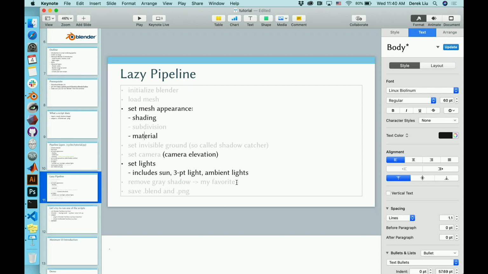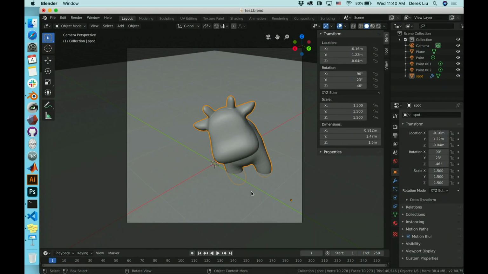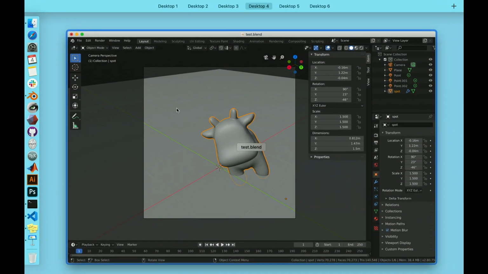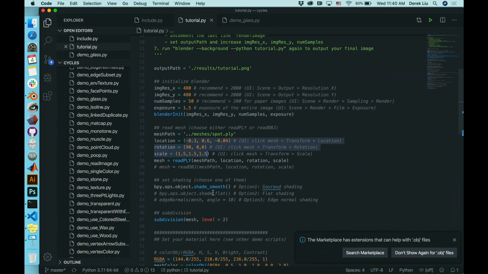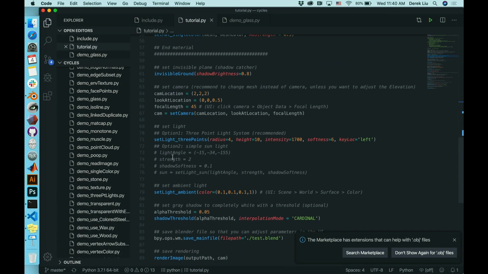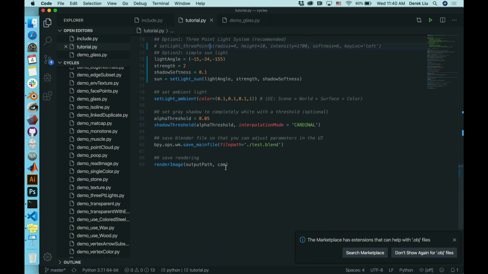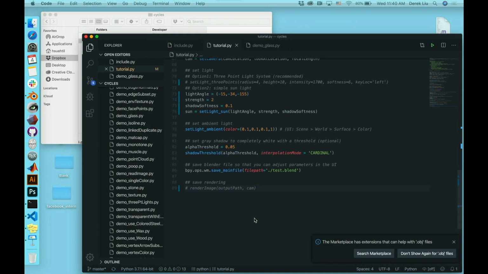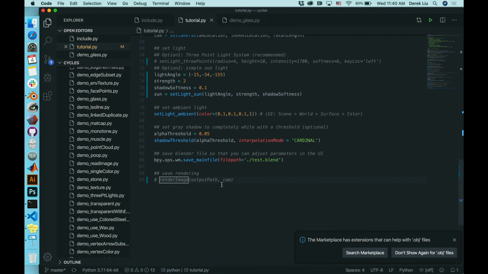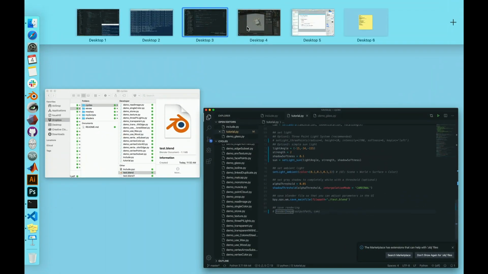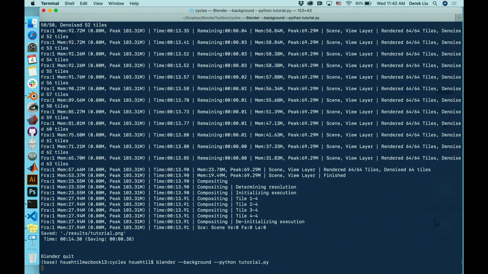And the other thing is to set up the lighting here. Lighting is the same. But let me run the sunlight version because this has fewer parameters to adjust. So I'll run the sunlight version again. By the way, I'll comment out the render image so that it won't take too much time to compute the rendering. So if I just run it again,